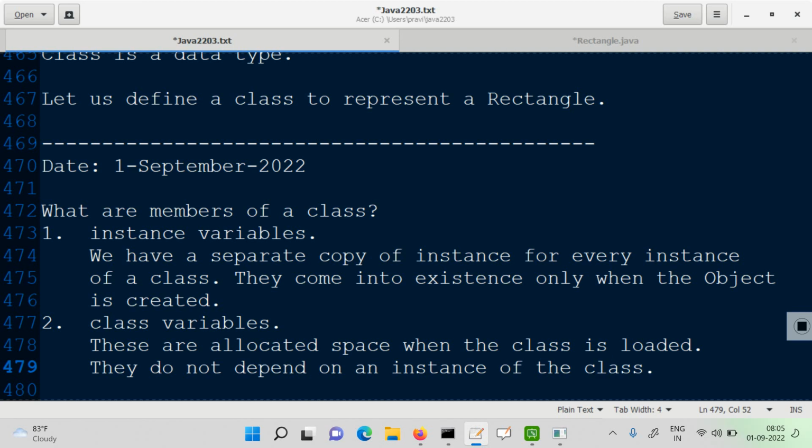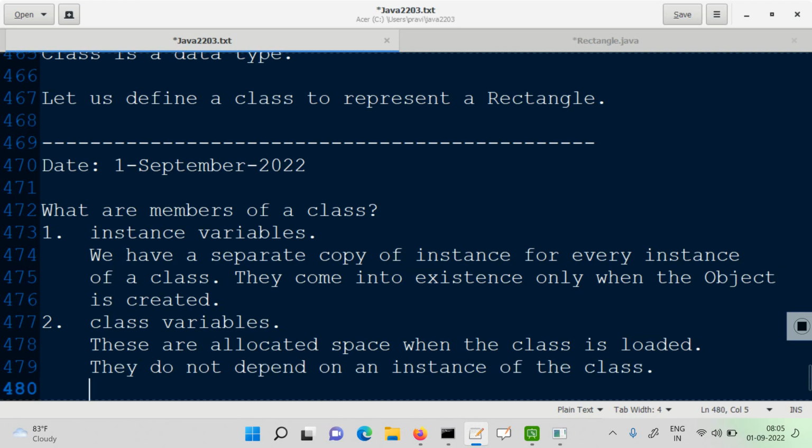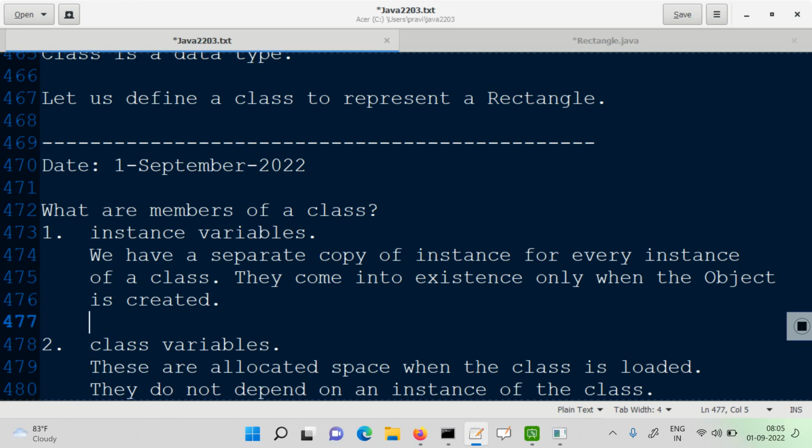Fine, not dependent on object. Okay, in both cases, instance variables by default